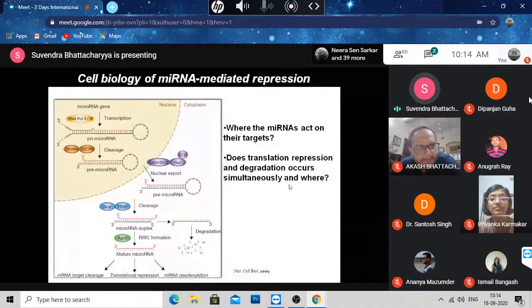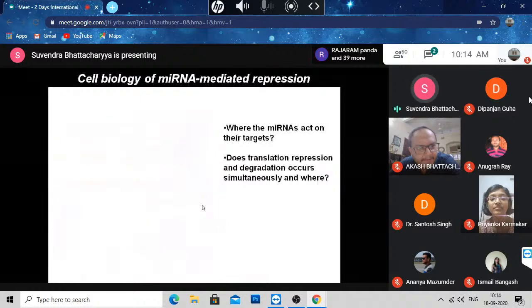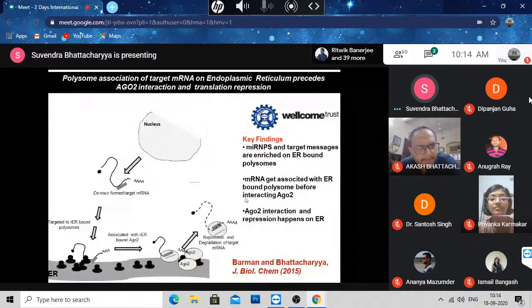So to answer the question, the first experiment that we tried primarily used a totally biochemical approach, without any microscopy, by inducing an inducible target mRNA and following its fate with time. And we find that by biochemical fractionation, we can isolate endoplasmic reticulum, cytoplasm and nucleus separately in this manner. So we can find that the microRNP and the target mRNA are enriched on an endoplasmic reticulum-bound